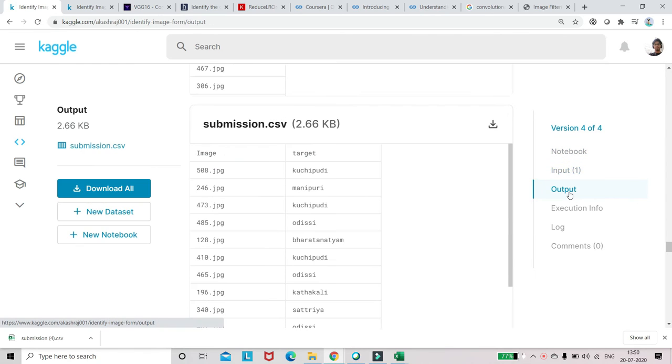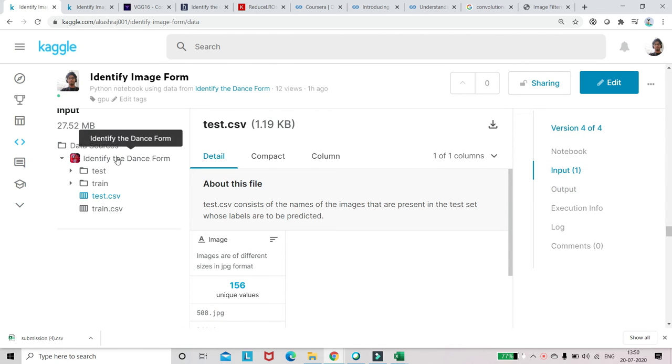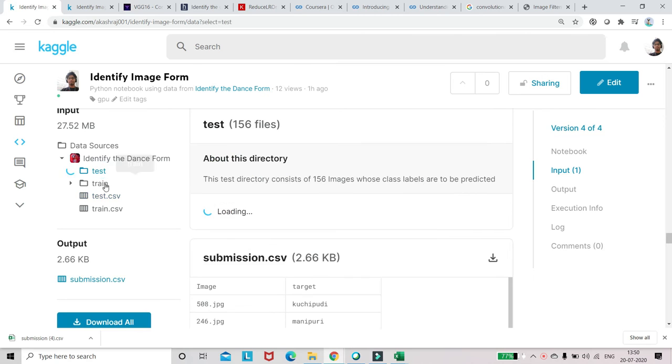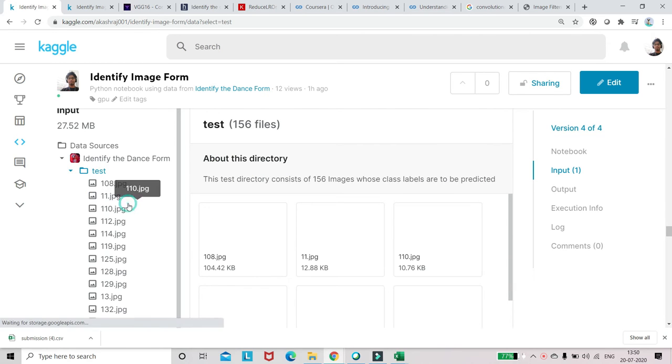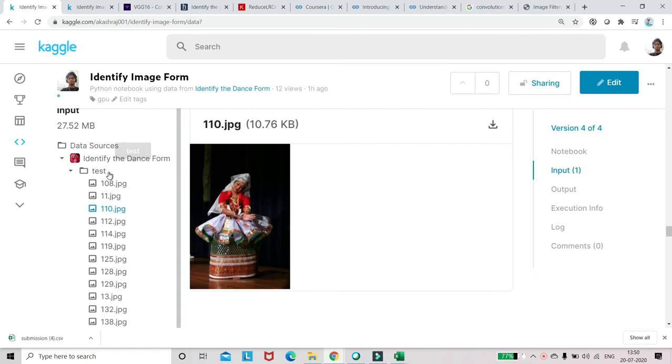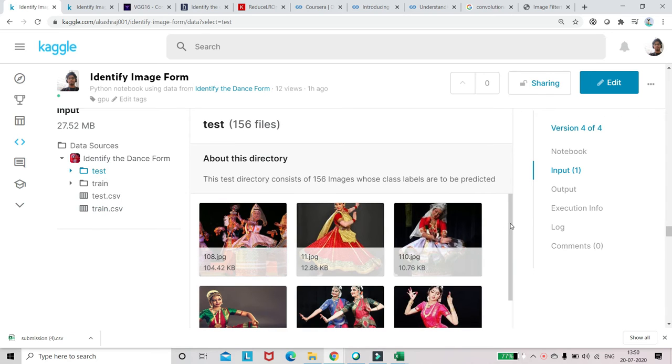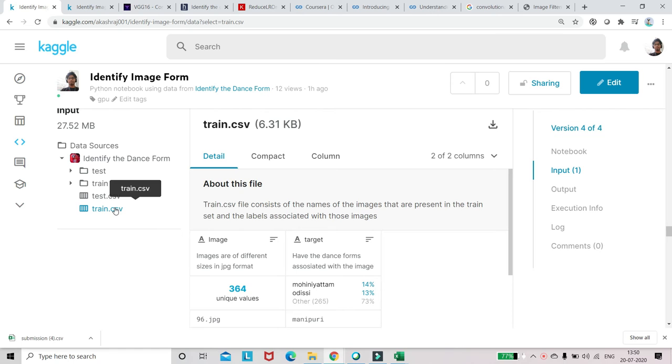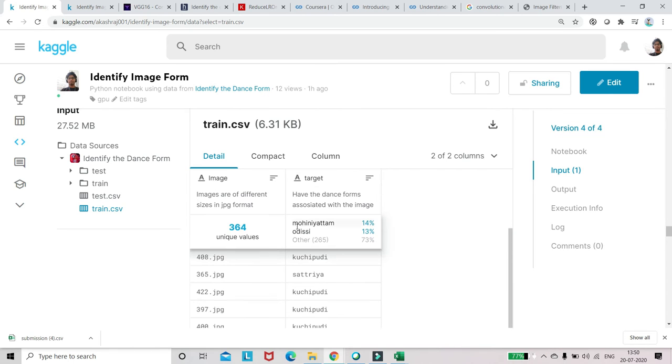output section here. You already saw the input, what was present, the dance images. You can see these images, right? And this test and train CSV I was showing on my local system, all these are present here.